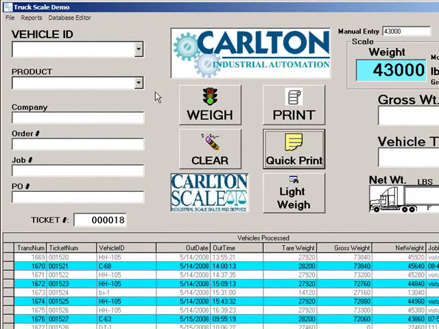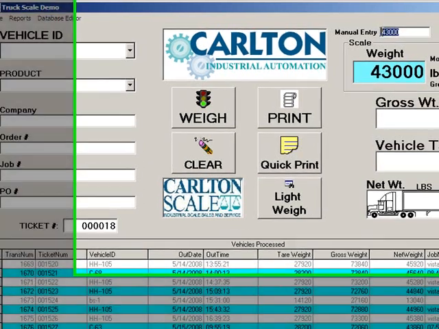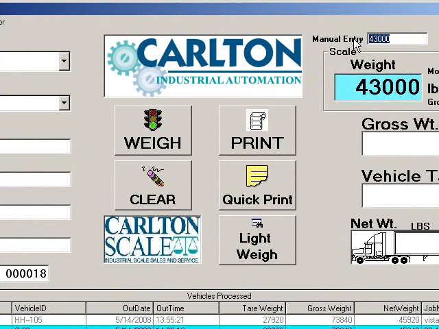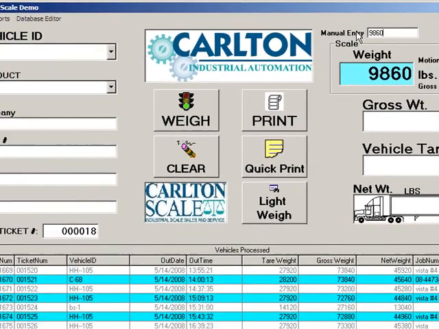We've also got a light weigh button. The light weigh button is used to store the actual tare weights. For instance, if that vehicle, which we saw had a 10,320 pound tare, pulls on empty as he comes in, and we see that he's currently weighing 9,860 pounds, we can choose the vehicle ID,